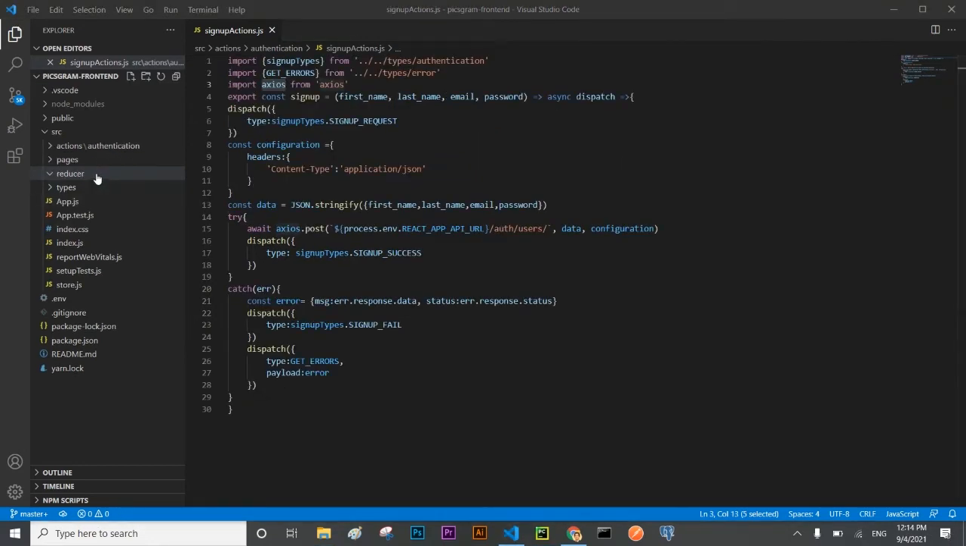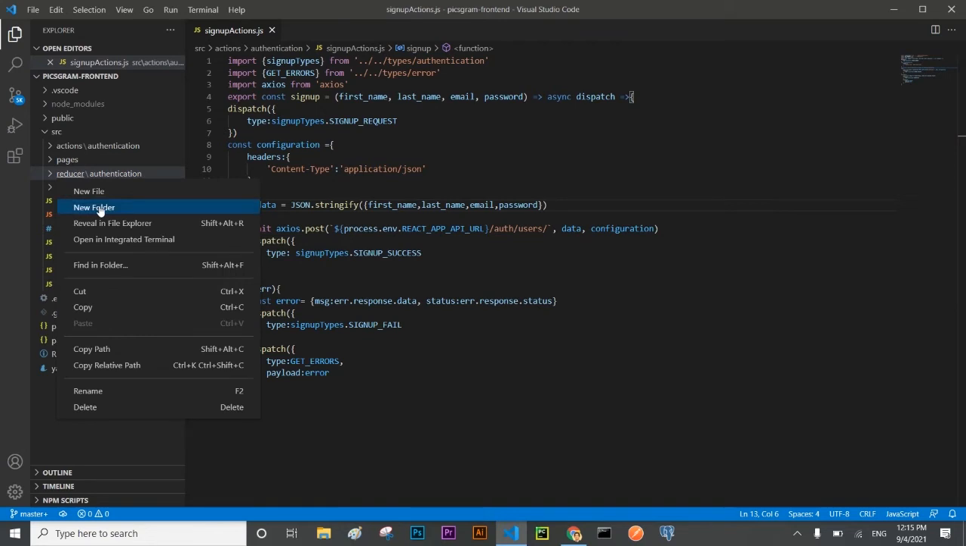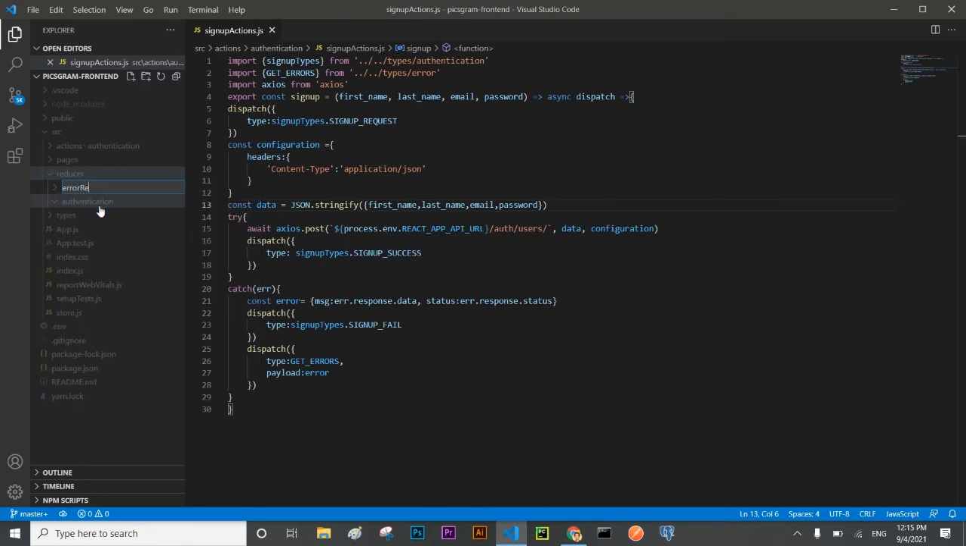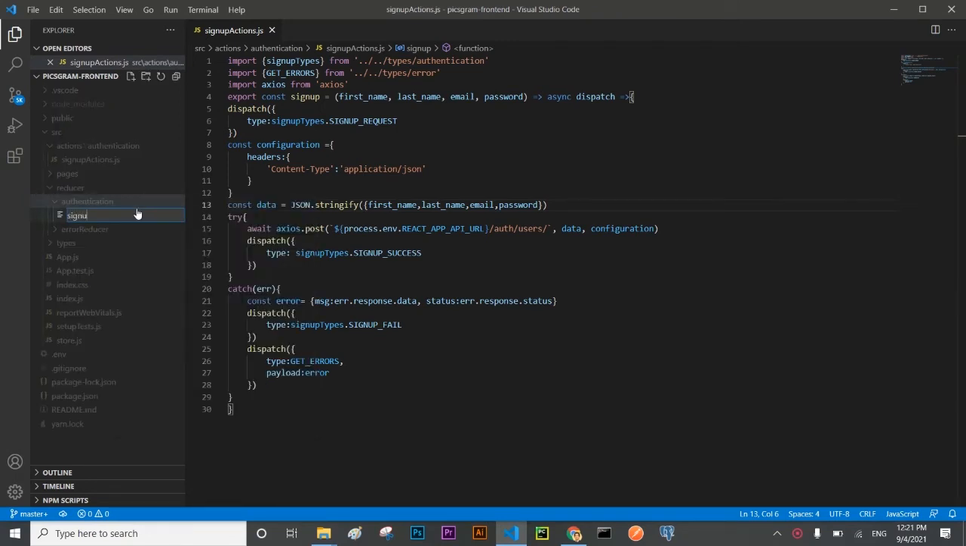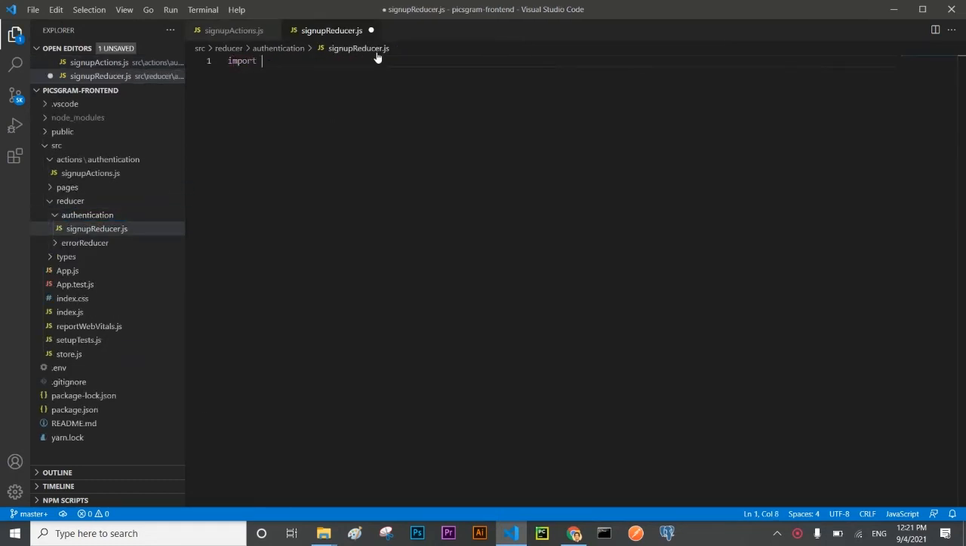Now I shall go to the reducer folder where I will develop authentication reducer, and the second one will be the error reducer. In the authentication reducer, I am going to define another file. The name of the file will be signup.reducer.js. In this, I'm going to import signup types, and after that, an initial state will be defined